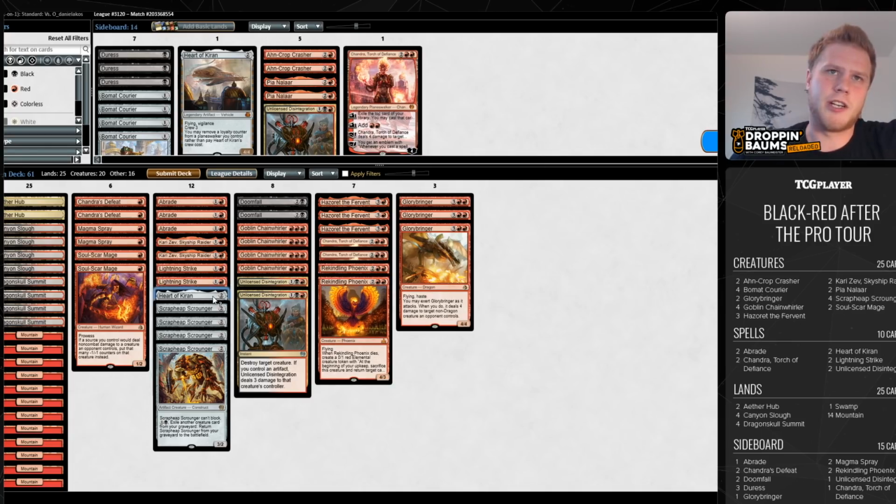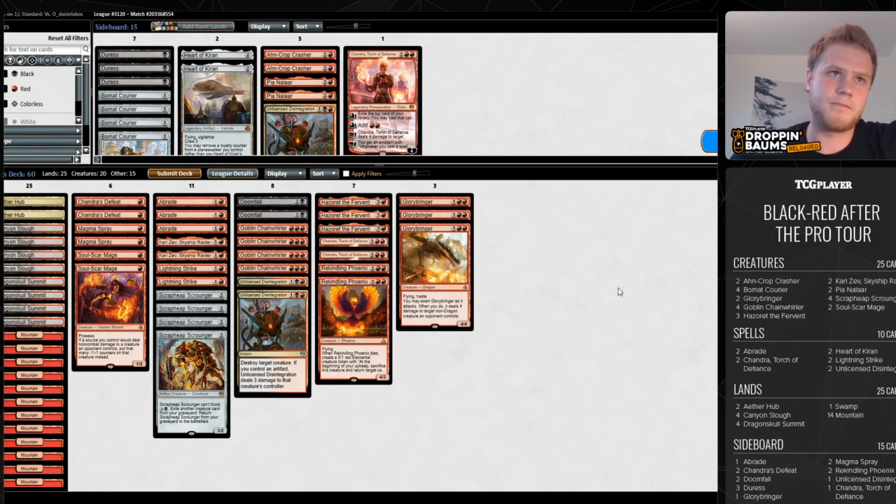Yeah, we're going to do two Chandras here on the draw. Hardkiran's just so bad against the mono red version. We still got enough ways to deal with Harvester. Maybe we can Doomfall away a god if we're lucky. Yeah, we'll try it. Okay, let's see if we can play tighter here on our final game of this Black-Red